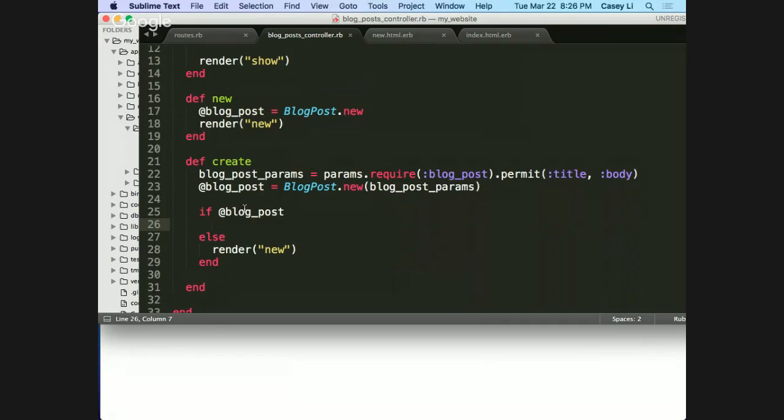Your request comes in, goes to the controller, you're telling it to take a template, evaluate all the ERB, throw it into the layout, and spit that back as a response, right? That is what render does. We are going to do something different here. If the blog post successfully saves,